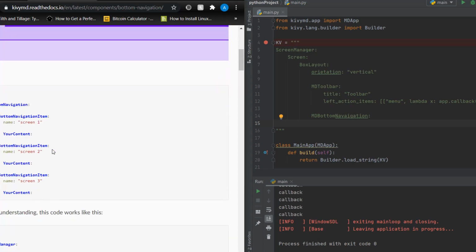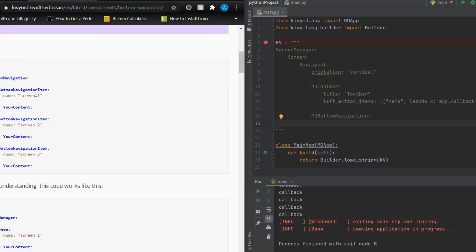This is essentially the framework for the bottom navigation. You have the MD bottom navigation, and then MD bottom navigation item, which are essentially the screens. So yeah,